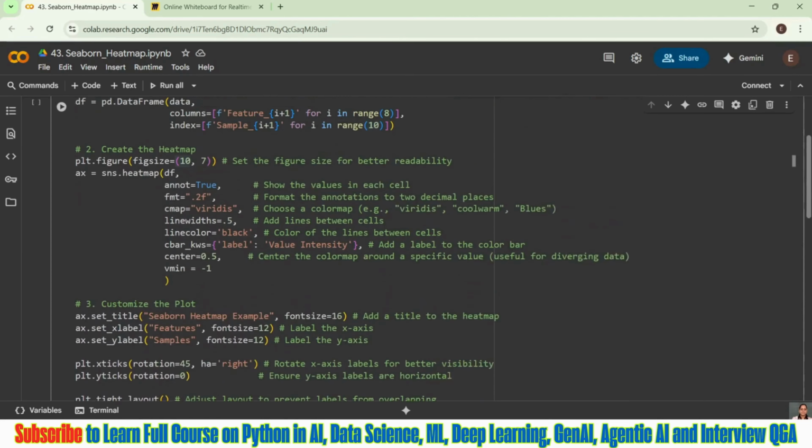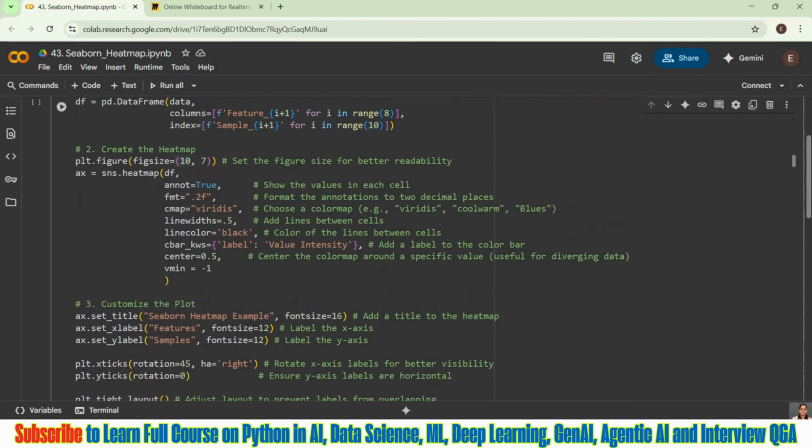Then we have a few features to consider here. If you do not want, you can leave it, but it is always better to take all these features. Few of them, I'll tell you which are them. One is annot equal to True. You should always take this. Why? What is the meaning of annot equal to True? That means it is going to show all values in each cell. Without this, it's going to come without these numbers, like you are seeing 0.46, 0.48 and all these things, right? You cannot see that. However, if we keep annot equal to True, all numbers are going to be very legible and clearly visible, and it is going to give a clear representation.